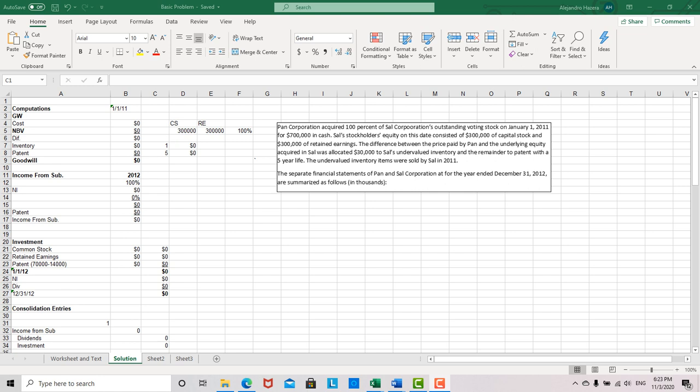This is Professor Hazara again, and this is really a continuation of the module on consolidation subsequent to acquisition. This example is going to be very similar to the other examples that we did. There were two examples in that worksheet. The only difference is that this one is going to be an abbreviated